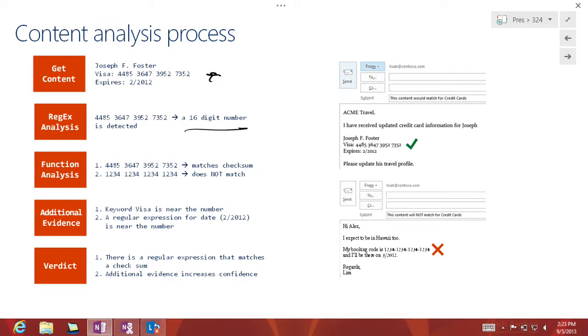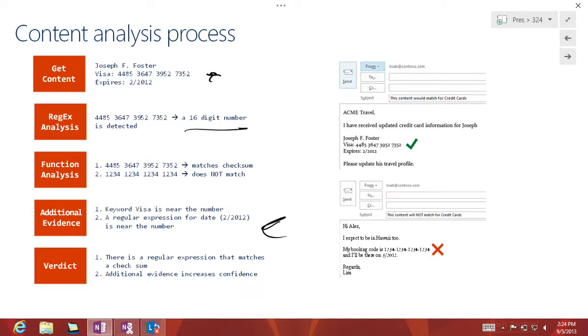So that was the functional analysis. For most things, though, we want to make sure that there is what we call corroborative evidence, something that can support that you're actually putting a credit card number through. In the credit card industry, you can't actually do too much with just that 16-digit number. You're going to need an expiry date, the CCV, the special 3-digit number, or some other level of data. So for this one, if the keyword Visa is there, or MasterCard, or expires,